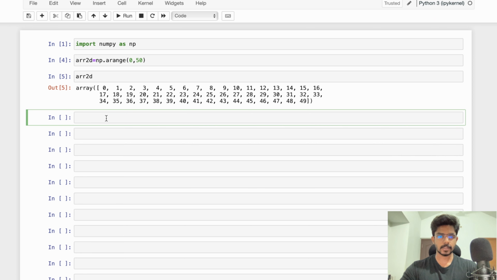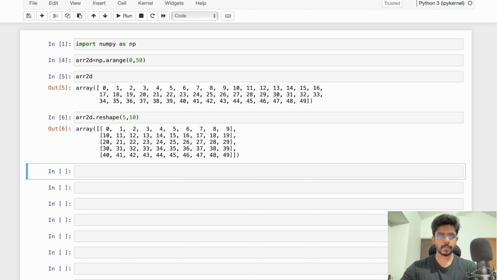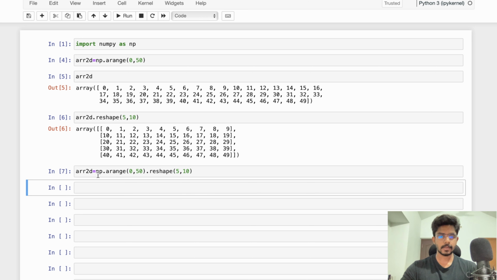Let's quickly give this a shape and transform this into a two-dimensional array by arr2d dot reshape. Let us reshape this into 5,10 since we have 50 elements. So after doing that, we get a two-dimensional array with 5 rows and 10 columns. Cool. This can also be done in just a single step by typing arr2d equal to np.arange from 0 to 50, then dot reshape this into 5,10, and we get the exact same array, which is